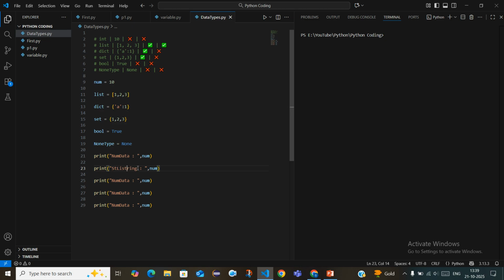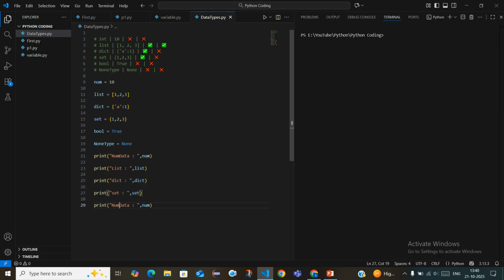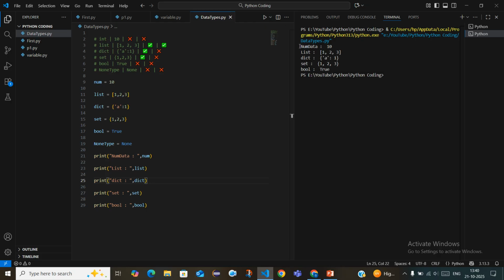Just print list, dictionary, set. So you can see the output. Here you can see the output: num is 10, list equals 1 to 3, dictionary equals a colon 1, key and value,